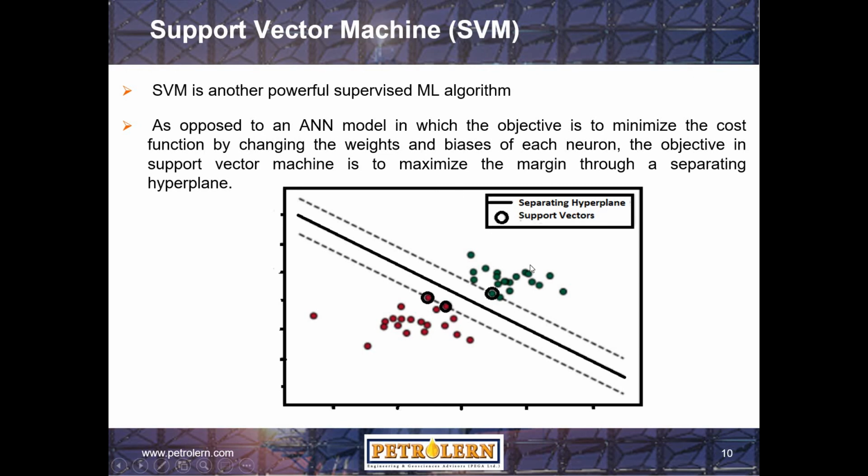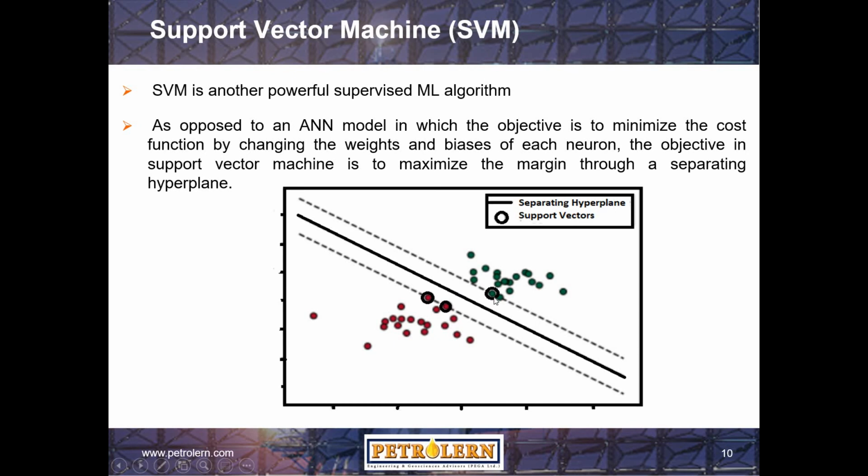If you look at this picture right here, let's just say you have a cross plot of X and Y, and this is a classification problem, and you have two features here. The idea in support vector machine is you're trying to draw a hyperplane. In this case, this solid black line is the separating hyperplane, in a manner that would